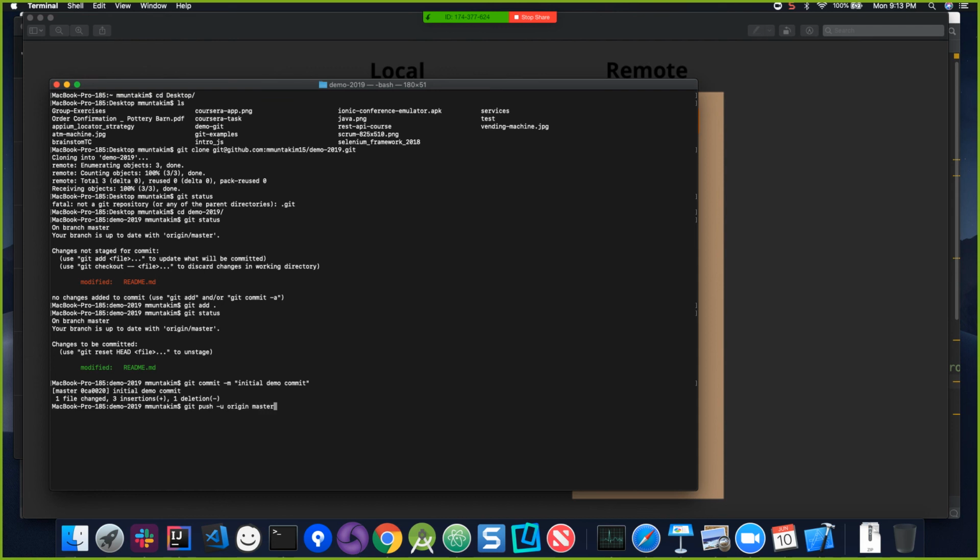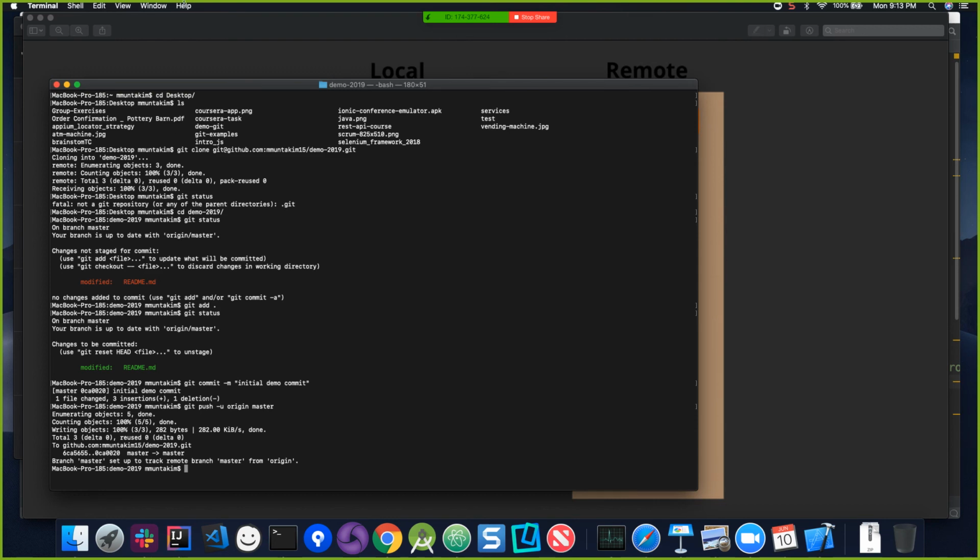origin master. What we are doing here is, by default everyone is working on the master branch, which is fine. For now, just learn how to work on the master branch, and then we can learn how to create a future branch and merge them into master. But for now, just work with a single branch. So we're saying git push -u origin master, where you're telling your Git that, hey, push all this code to the remote master branch. All right. So when we do this,